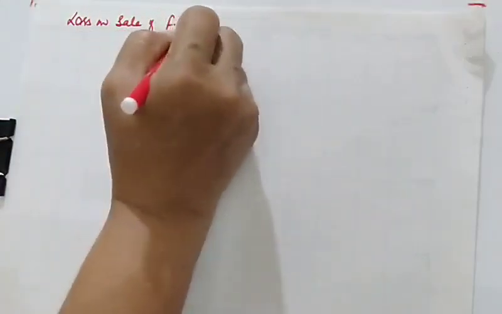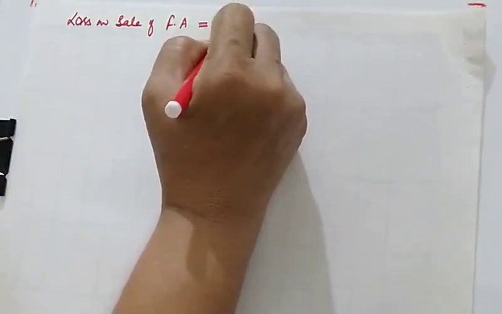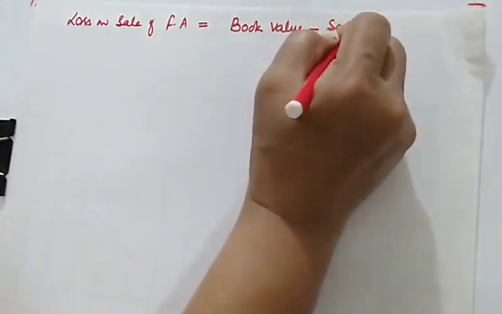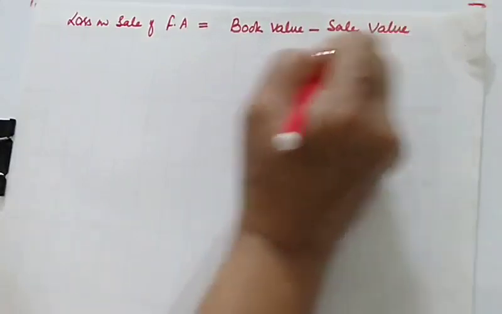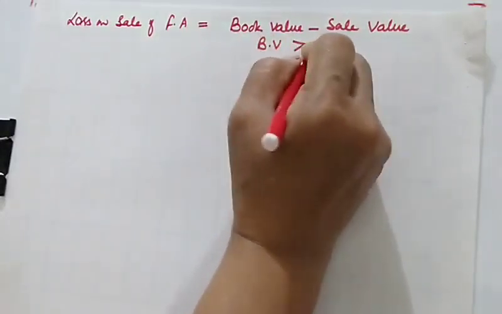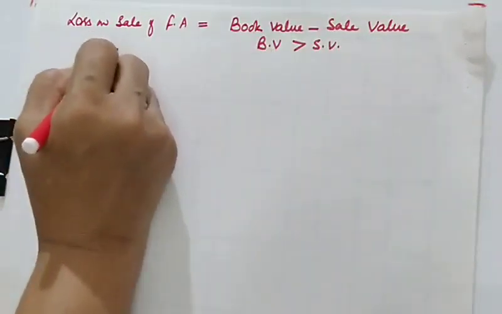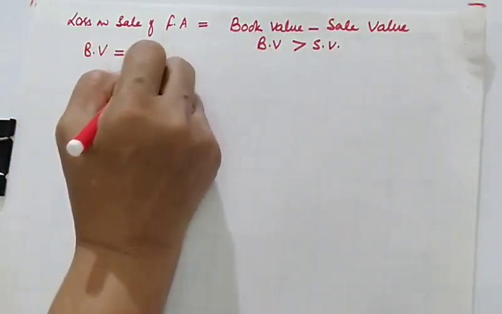Yes. So though we have done this in the depreciation chapter, but let us revise. So loss on sale of fixed asset is book value minus sale value. Here book value will be more than sale value. And what is the formula of book value? How to calculate book value? Book value is equal to cost minus